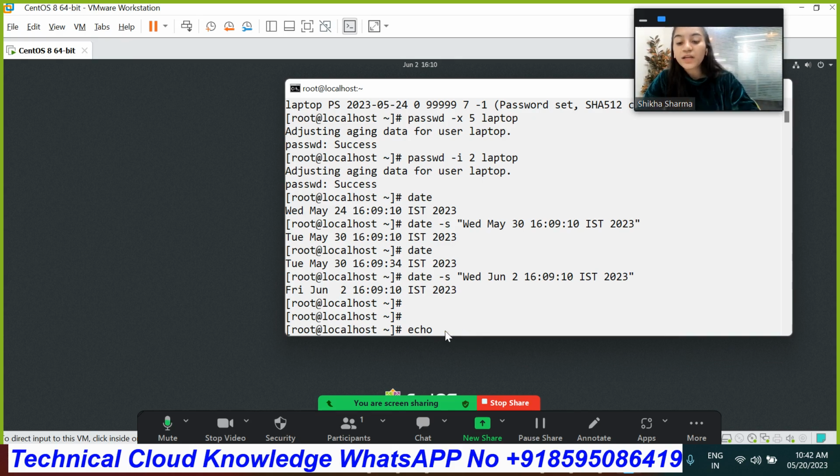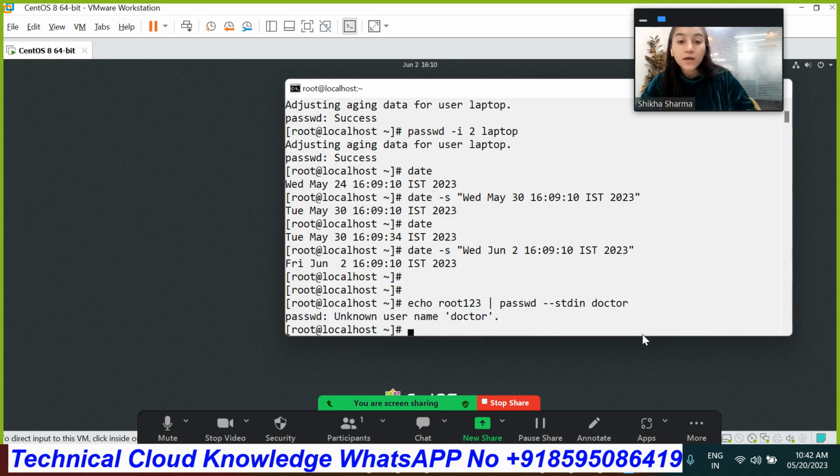So echo, after that you need to write the password, whatever password you want to assign, and then again the passwd command, then you need to use the option --stdin, which means it will assign the new password to the user, and then you need to write the username. So I'm writing here doctor.